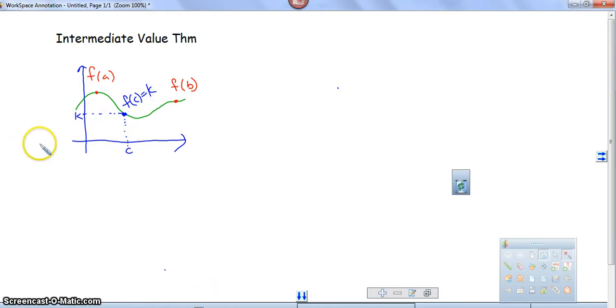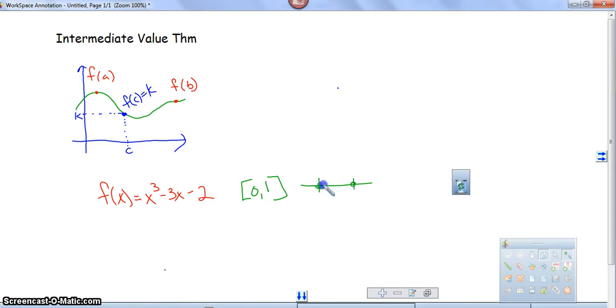Well, one way is if we have a function that's f of x equals x cubed minus 3x minus 2. And I'm going to look at that on the interval between 0 and 1. Okay, that's not an ordered pair. I'm using set notation. So between 0 and 1 on the number line is what I'm doing there. That's set notation. Alright, so if I plug in 0, I get negative 2. And if I plug in 1,